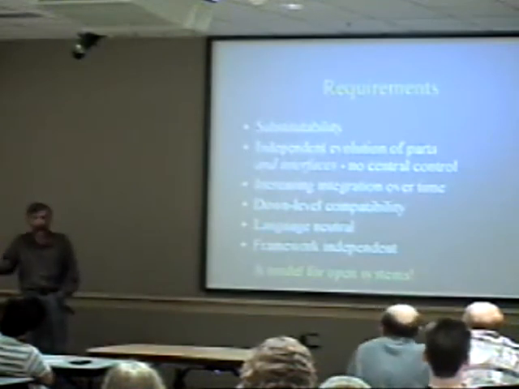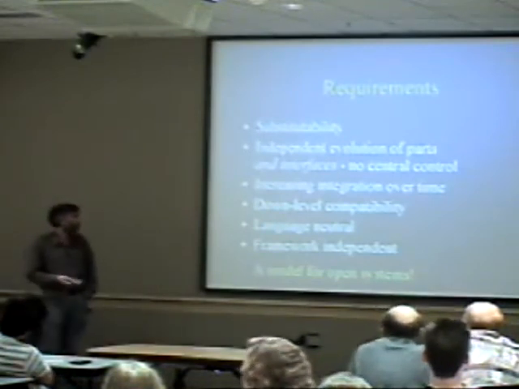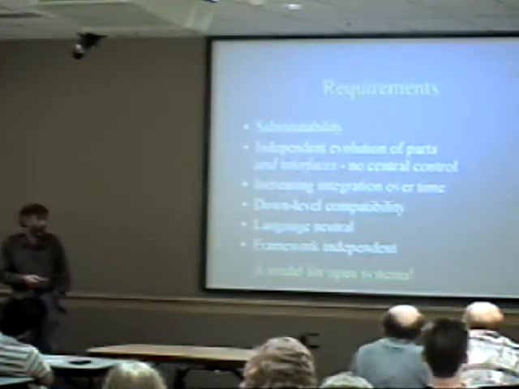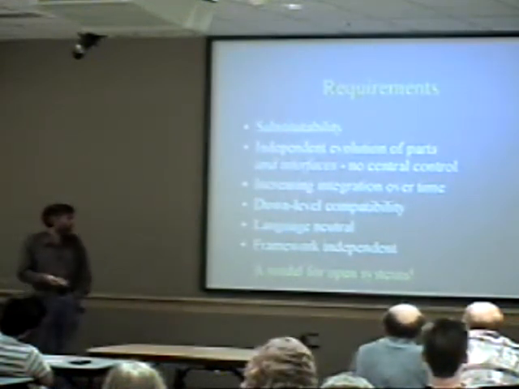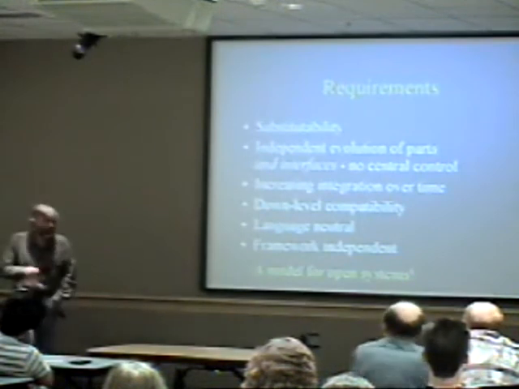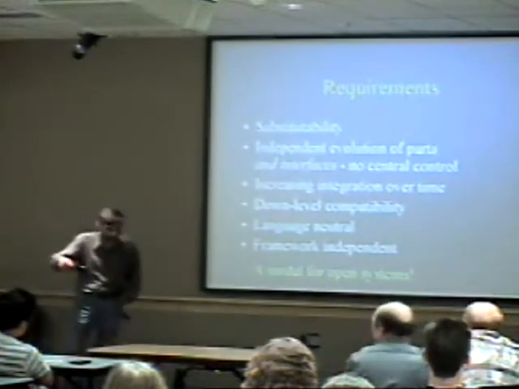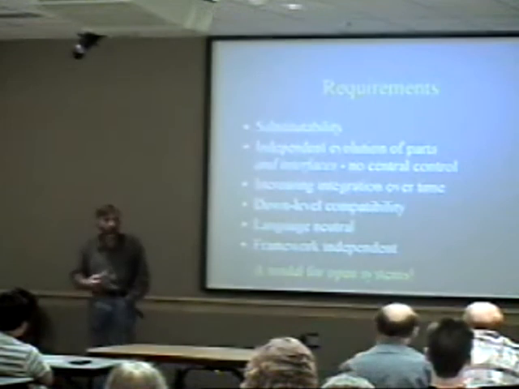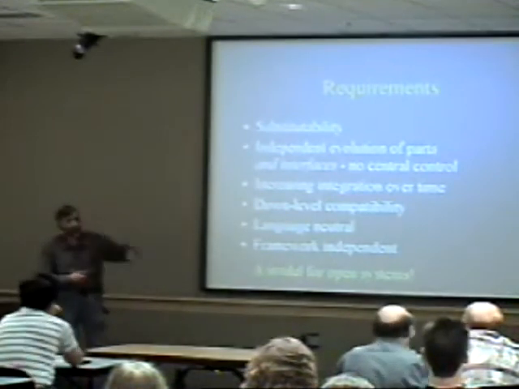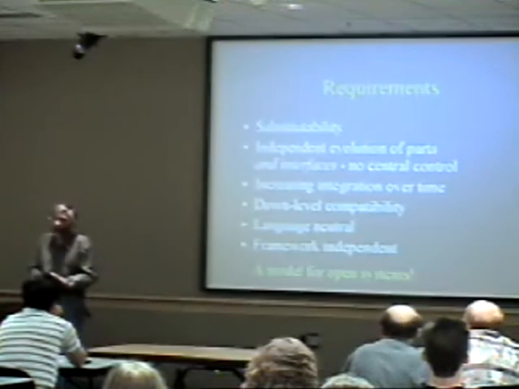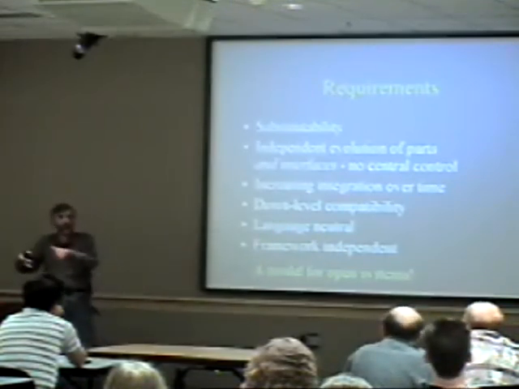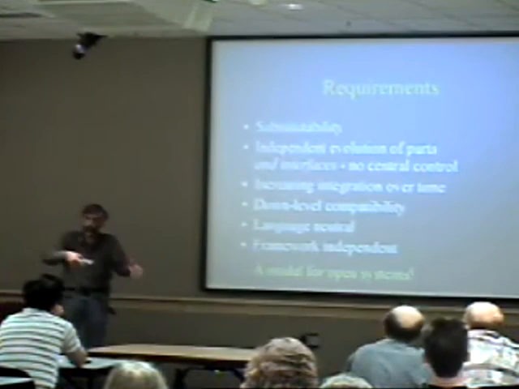Certainly in the market at large you don't. And we might have tried harder to do some more central control within the company, but it wasn't going to work more broadly. If you're going to allow this evolution and things are going to go out into the marketplace independently, you do have to start asking a question about this bullet about down-level compatibility. What happens when an upgraded client meets a down-level object?